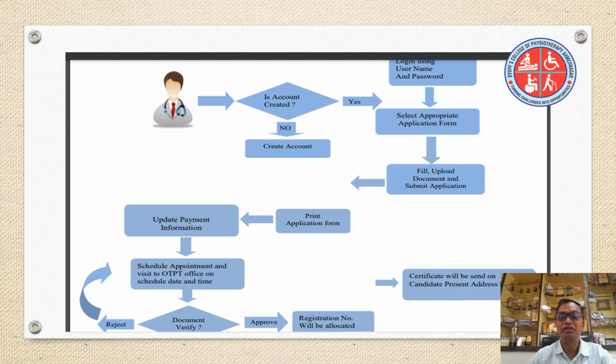I hope everyone has understood these steps. If not, I have given my contact number and my email ID. I will try to help all the students, all the freshers, on how to get registered, because registration with the state council is very, very important. Many times our president has told that without registration you cannot do any type of practice. If you practice, that will be considered illegal practice. So my dear students, my freshers, again I appeal to all the students to kindly get registered with this council by using these simple steps.